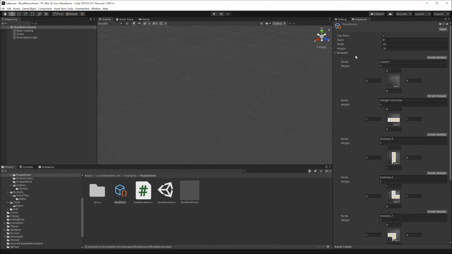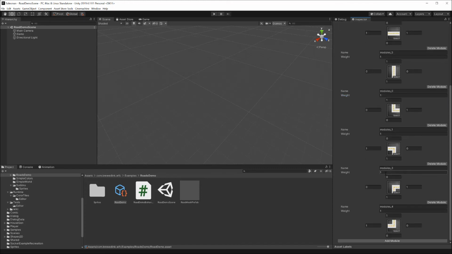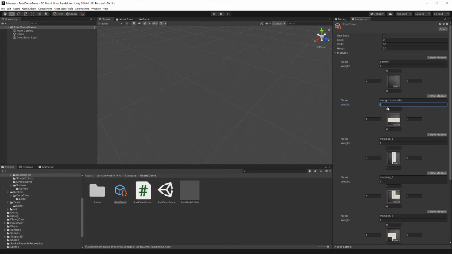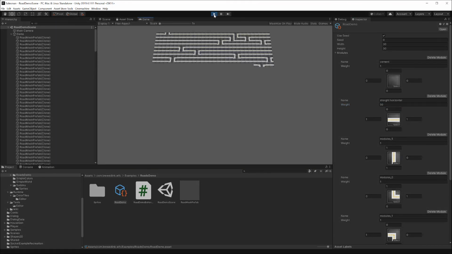Great. The other property I want to take a look at on this config is the weight on each module. The weight will control how likely the module is to be randomly selected during the collapse. So right now, all weights are at 1, which means all modules are equally likely to be selected. But for example, if I take the horizontal tile and set its weight to something high, like 50, and now I run it, we'll see that the horizontal tile is preferred in the random selection,